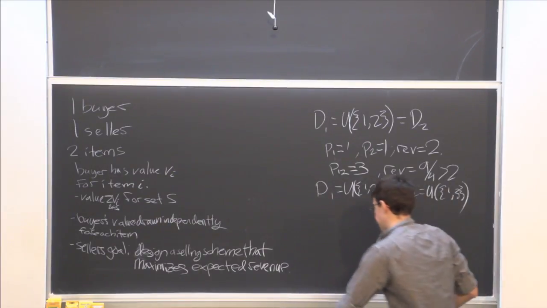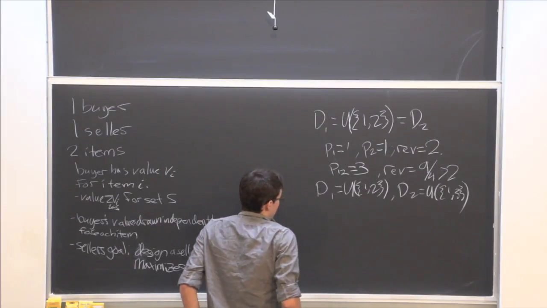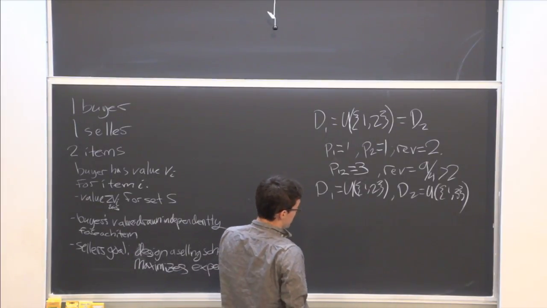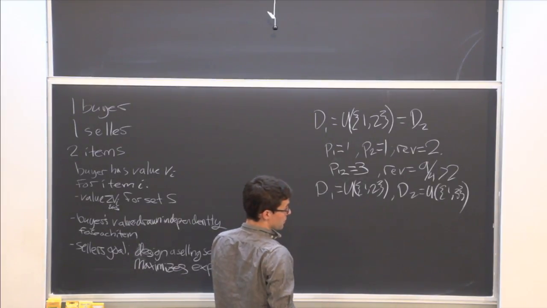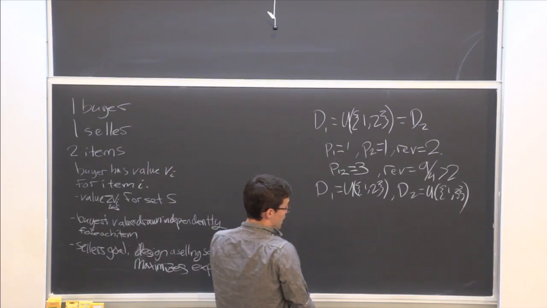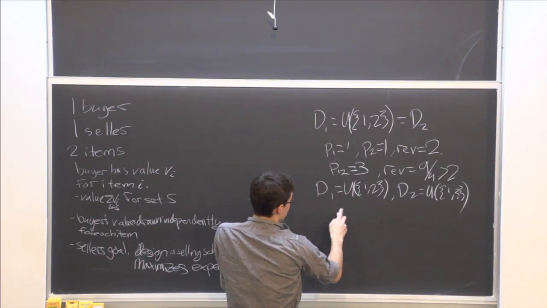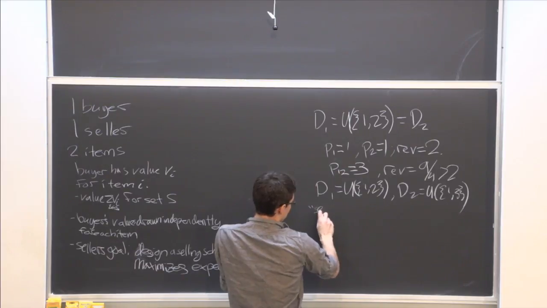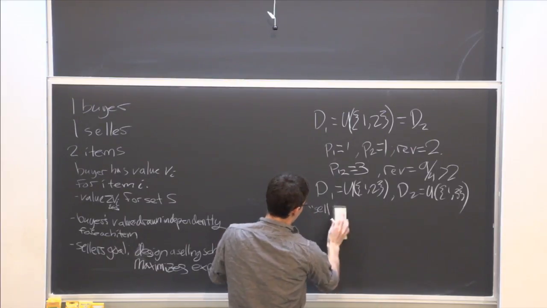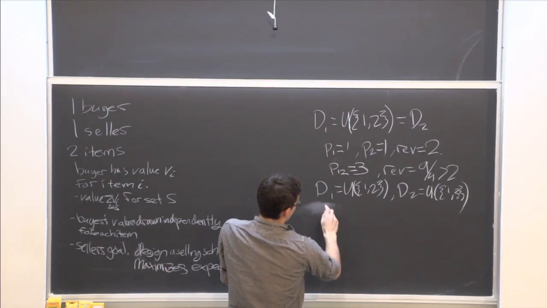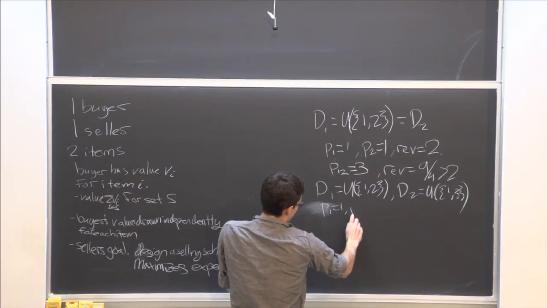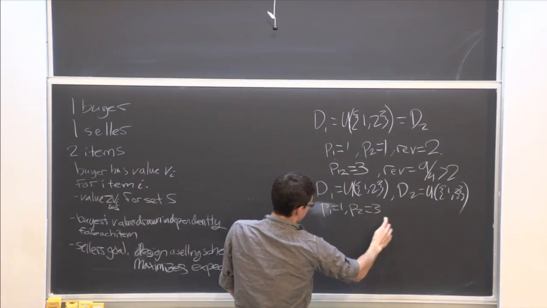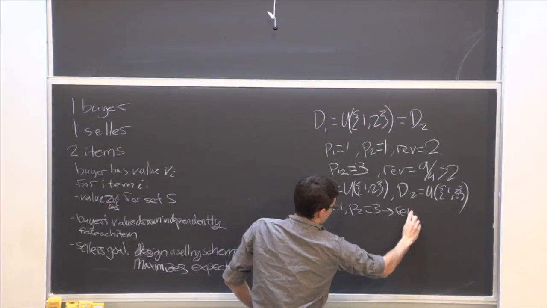So now here we can quickly check over all the deterministic things you can do. How much revenue do they get? So if you sell, let me just write it like this. So one thing you can do is you can set P1 equals 1, P2 equals 3, and this will give